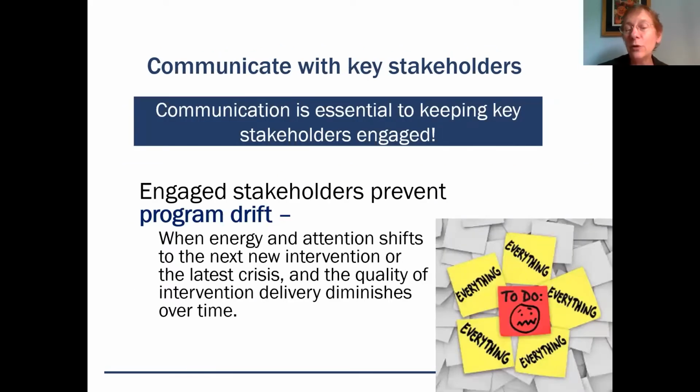So down there in the corner is a graphic that kind of shows how a lot of us live our lives. We have so many things to do. We are so busy all the time that it's really easy to lose track of any one thing. And so communicating with the people around you is really important so that they stay engaged with what you're trying to do, supportive, aware of what you're trying to do, and it doesn't just get lost in the mess of everything else that people have to get done.